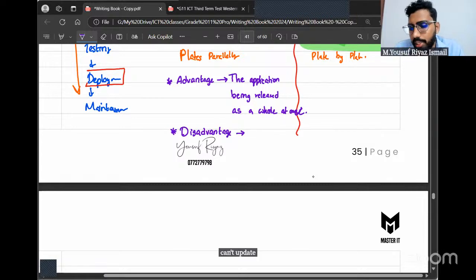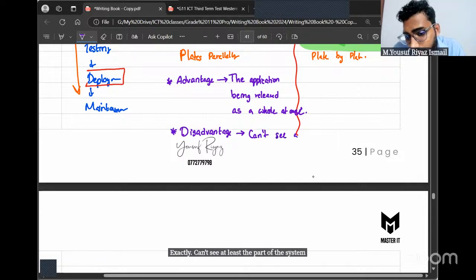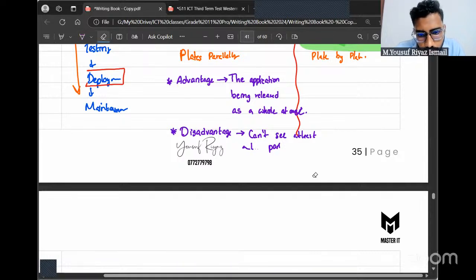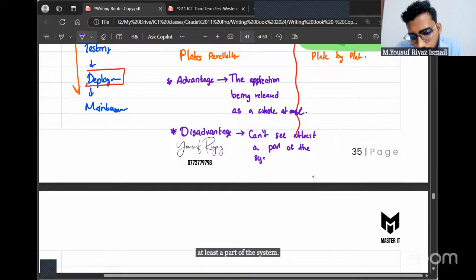Nah, you can update. Exactly. Can't see at least a part of the system quickly.